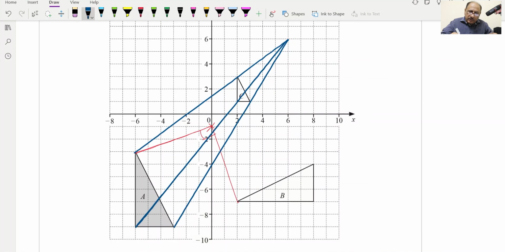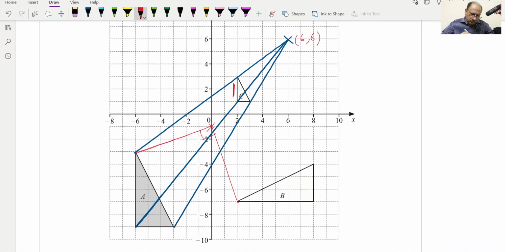So this point, we can check this point is 6 and 6, so it's exactly half. We can check this side is 2 units, and this is basically not half, it's 3 times, so reduced